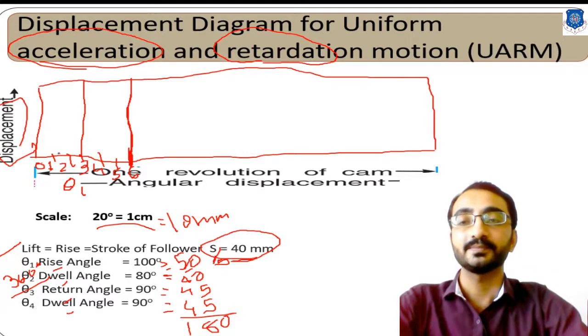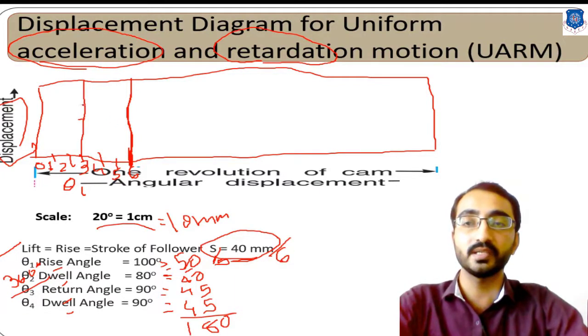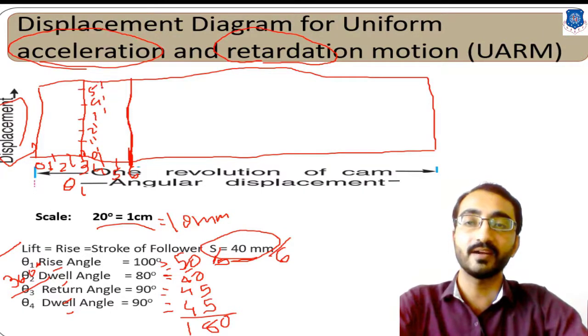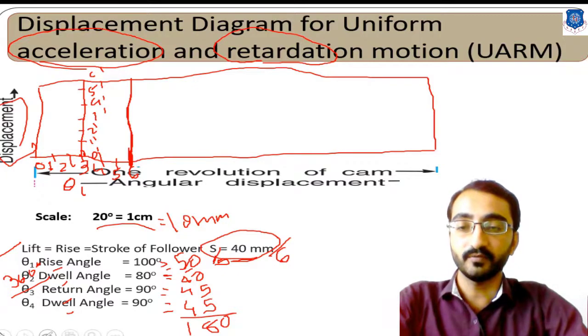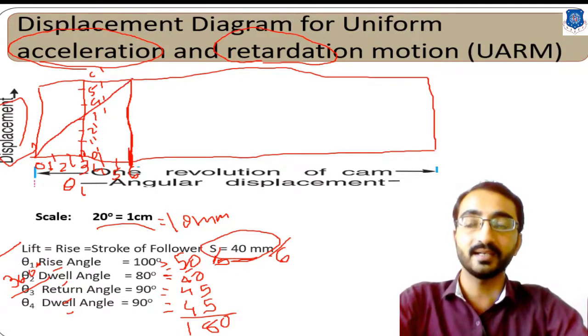Now again you need to divide this vertical line into 6 equal intervals, that is 40 mm divided by 6. By dividing into 6 equal intervals you will get some points, which can be termed, from the bottommost, as 0 dash, then 1 dash, 2 dash, 3 dash, 4 dash, 5 dash and 6 dash. Now let's consider the first one for the constant velocity line. It will be an inclined line like this.